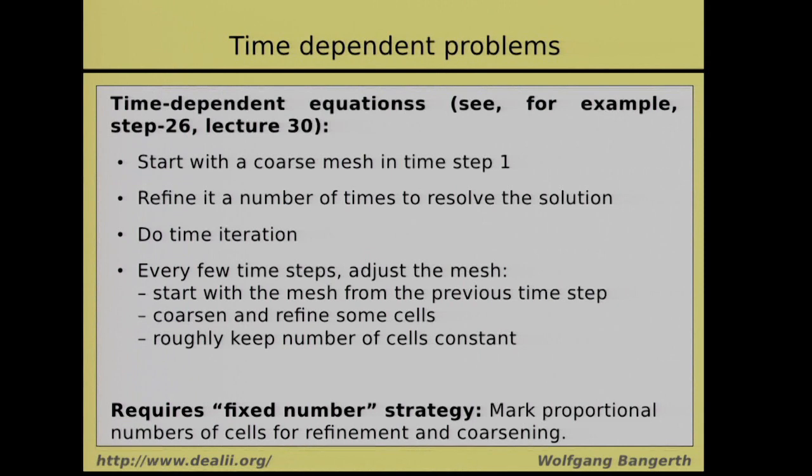instead of refining a third of the cells and coarsening 5%, you need to do something like, well, I mark a certain number of cells, let's say 5%. These 5% are going to go away, but they will be replaced by 20% extras of their children. So I'm going to get 1.15 times the number of cells that I had before. But I need to mark a corresponding number of cells for coarsening, so that if I coarsen these cells away, I get back to roughly a factor of 1 of the number of cells that I had in the previous time step. So I need to make 0.15 times the number of cells go away, and that means that I probably need to mark, let me think about this,